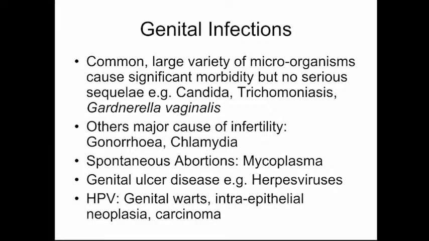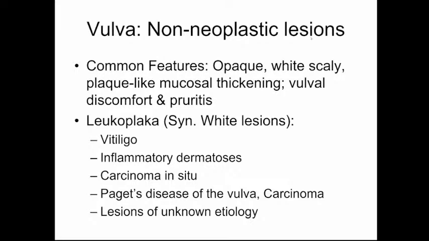Mycoplasma has been attributed to be a cause of spontaneous abortions. So for women with bad obstetric history or recurrent abortions, this is a microorganism that is important in that space. Genital ulcer disease, a common cause is herpes, a group of viruses, but of course there are others. And then for us in pathology, HPV is probably one of the most important infections. So let's look at the non-neoplastic